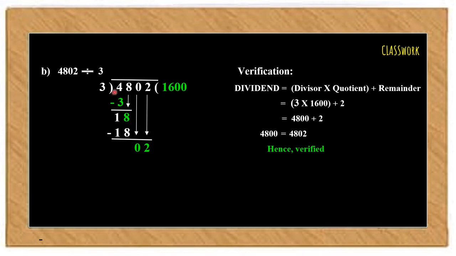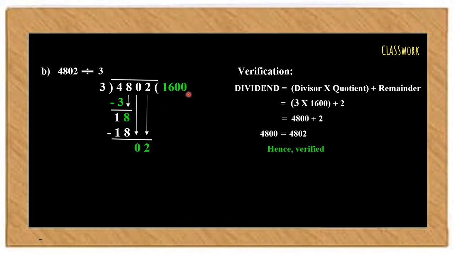We all know, children, 3 multiplied by 6 gives us 18. Therefore, our remainder becomes 0. Further, when we bring down the 0 below, children, you know from the rules of division that 0 when divided by any number gives us 0 as the answer. So, we have put 0 in the quotient. Also, children, bring down the last digit of this dividend, that is 2. From our earlier exercises, children, you are aware that a smaller number cannot be divided by a bigger number. Therefore, we write a 0 in our quotient.